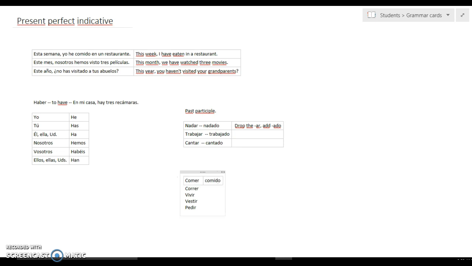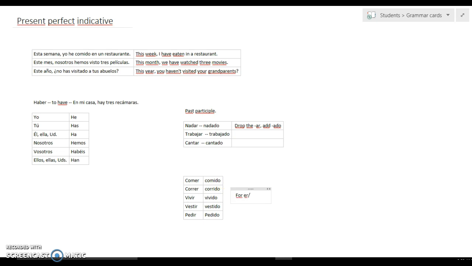Comer would be comido. Correr would be corrido. Vivir would be vivido. Vestir would be vestido. Pedir would be pedido. Okay, pretty straightforward. All right, so the rule for this is going to be